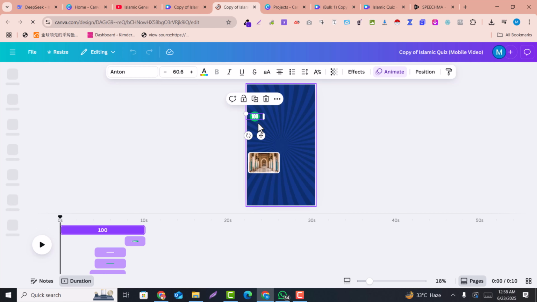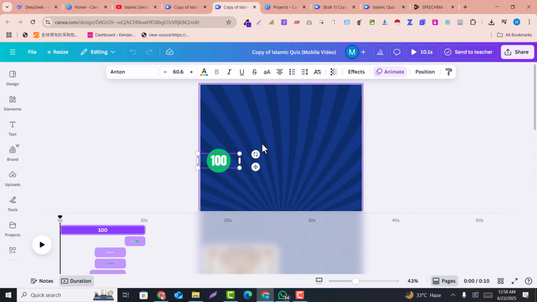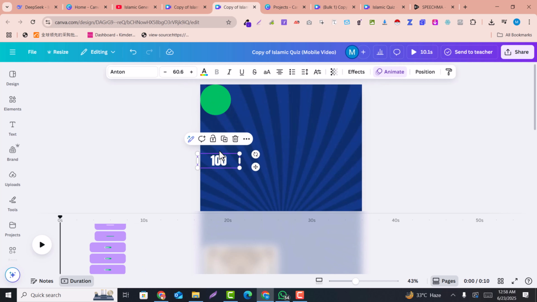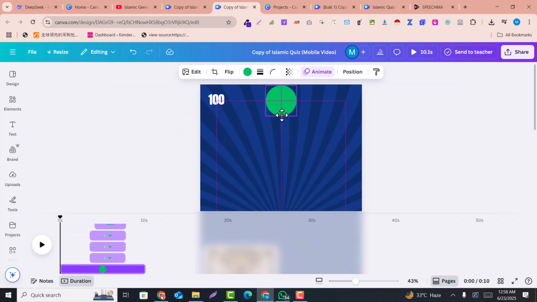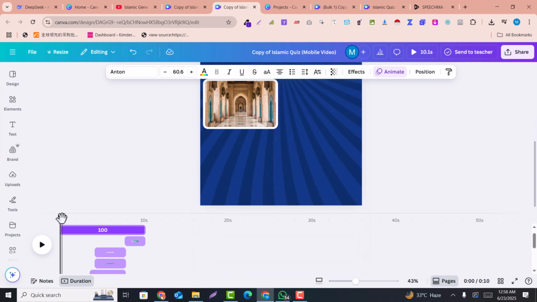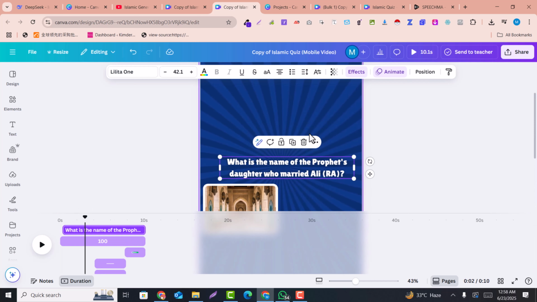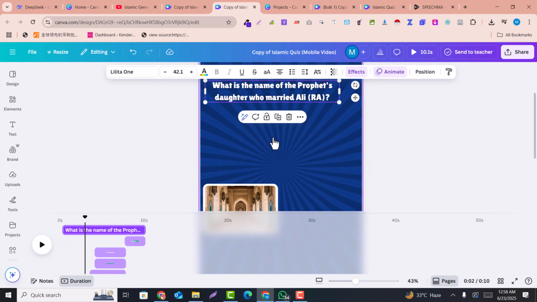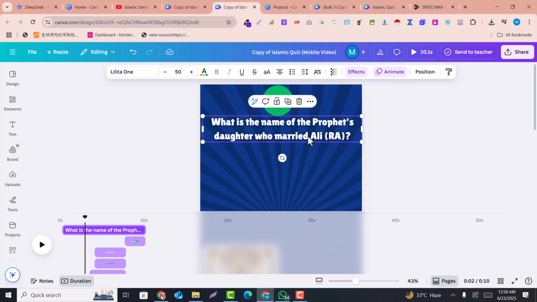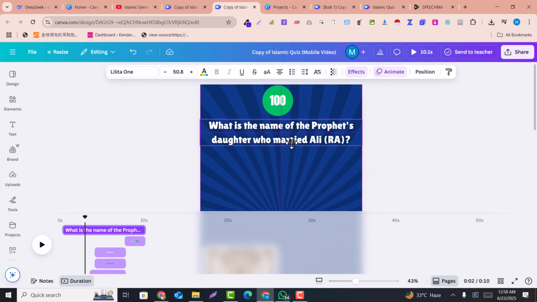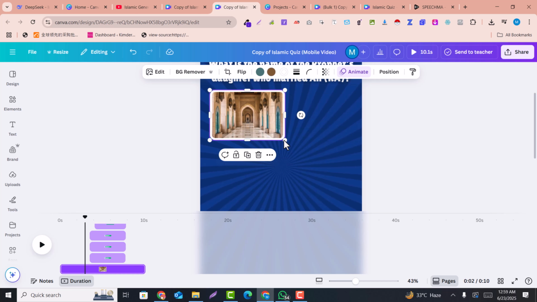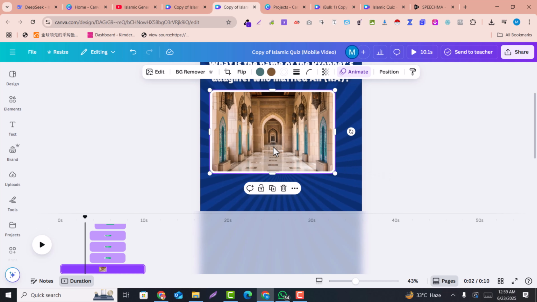So this is simply, you just need to zoom this, and here after zooming I just drag and drop the number, for example here, and you can also make it into the center. For example, this is, and here is the question, for example, where the question is. So this is the question. You just need to drag and drop here on the top, because we just make it here and here visible. Okay, and here this is the image, so I just make it image here inside that.